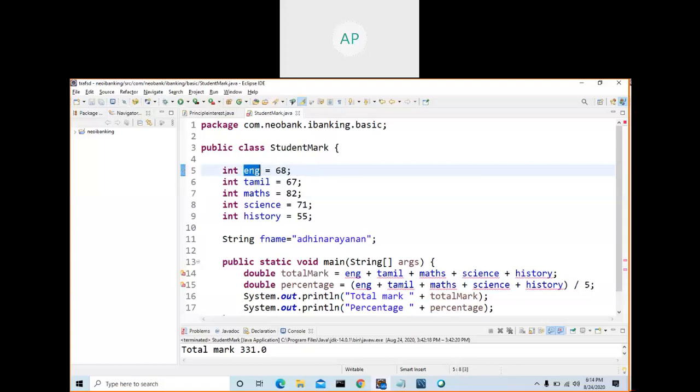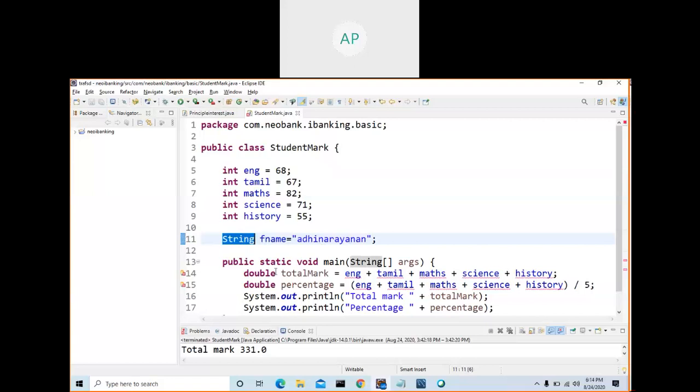You are declaring a variable, and you are informing Java what kind of value you are going to store, either numeric or alphanumeric or only character. Something you should inform Java so that it will work according to your expectation. If it is a character sequence, I am going to make it a string.